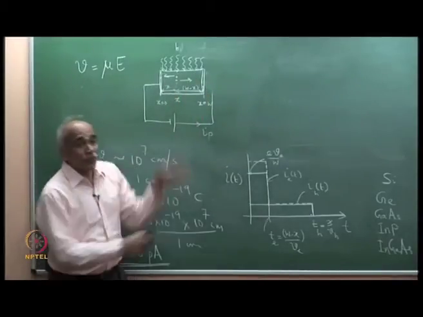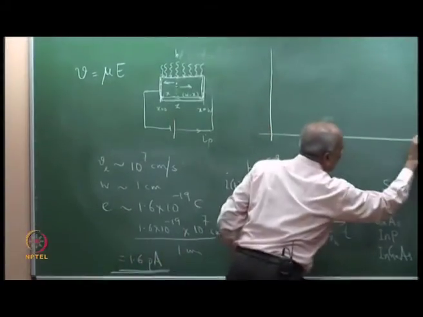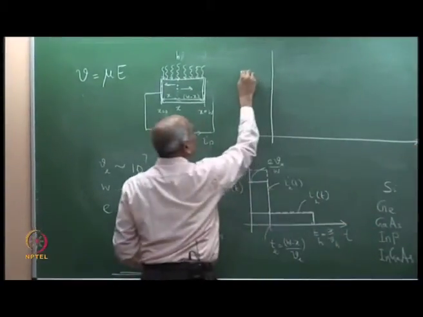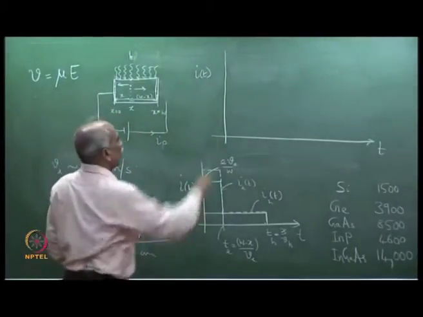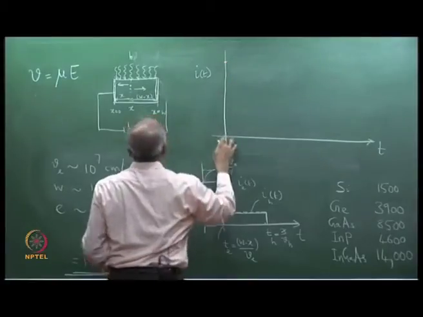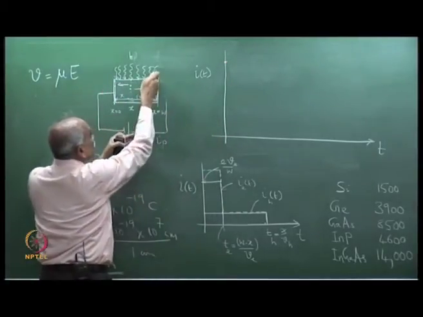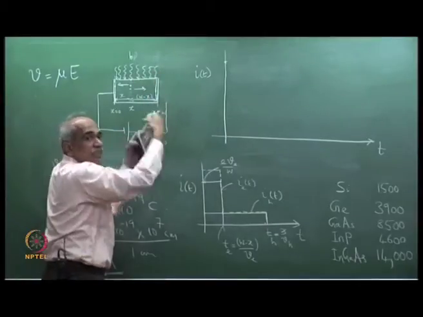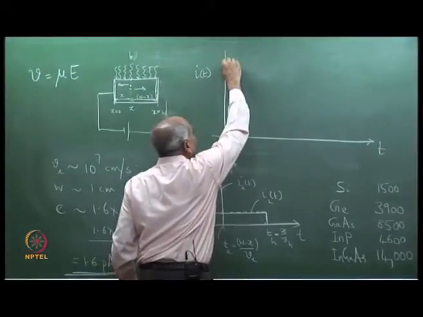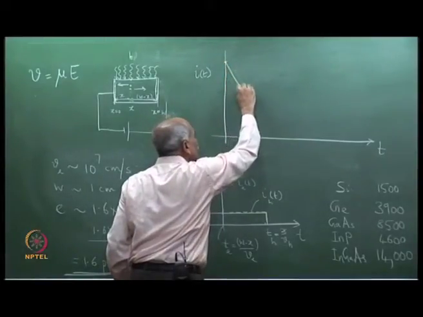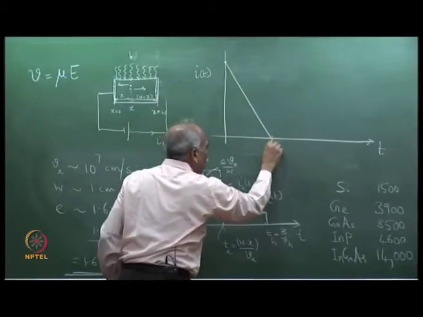And so, if I plot I_e of t, please see this. So, this is time versus I of t. First let me plot I_e of t. It will be largest at t equal to 0 because all the electrons are moving, but the electrons which are generated here are collected. Once it is collected, no more contribution. So, the current will drop like this